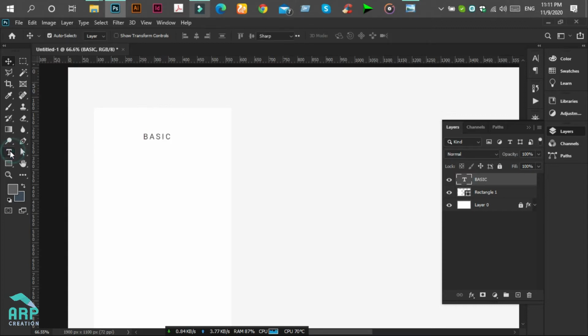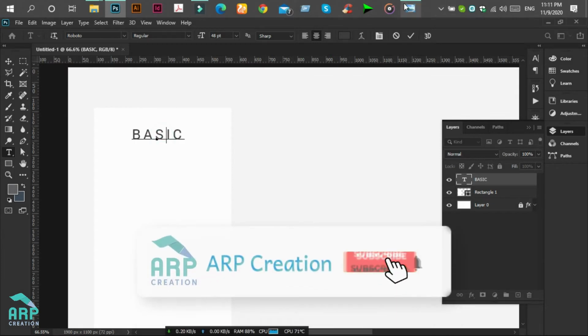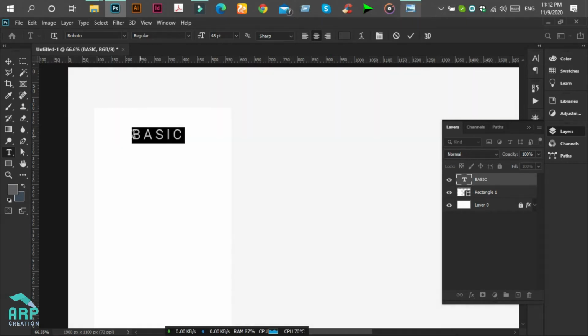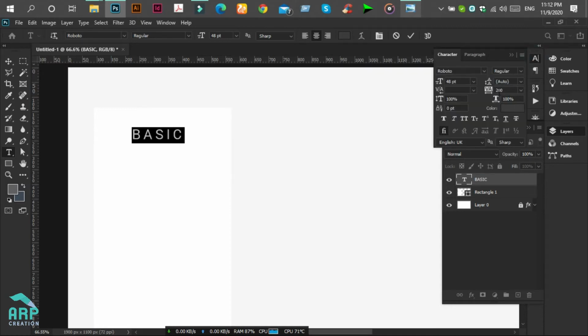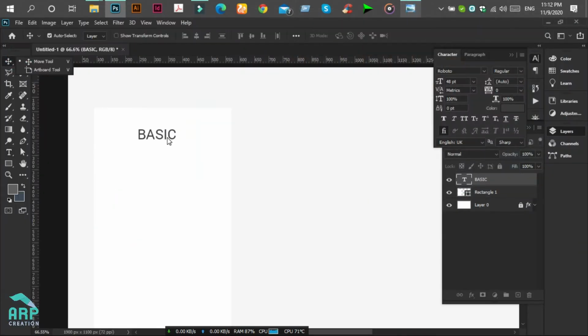You should increase the font size again. Okay. We should reduce the space to 0. Okay, now it is perfect.